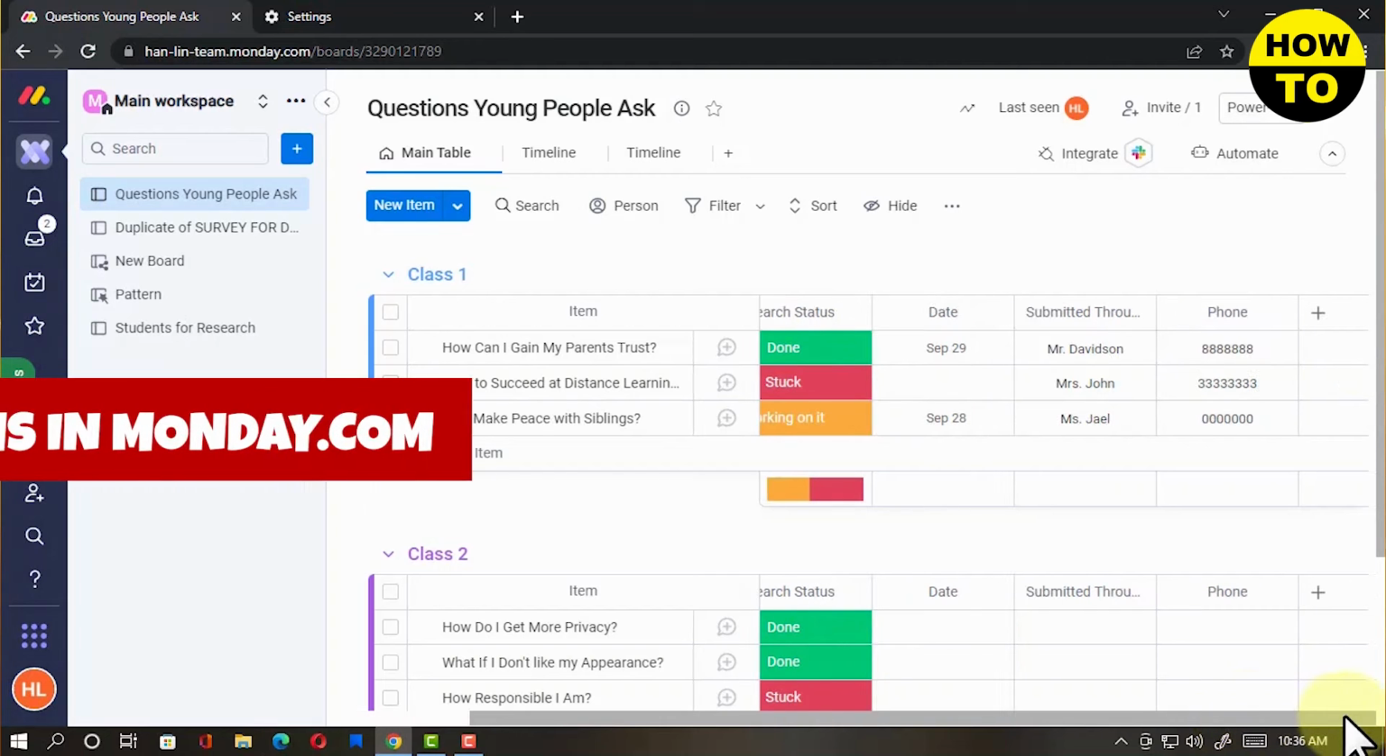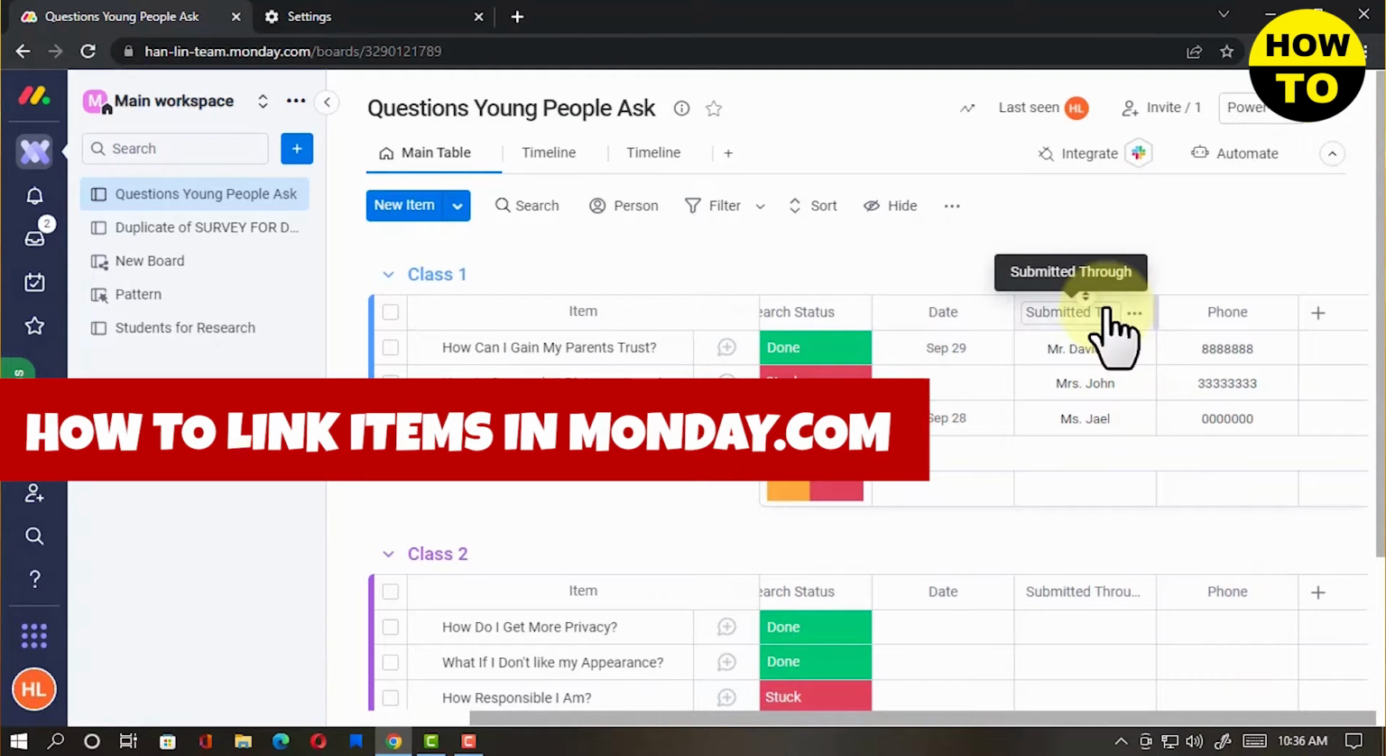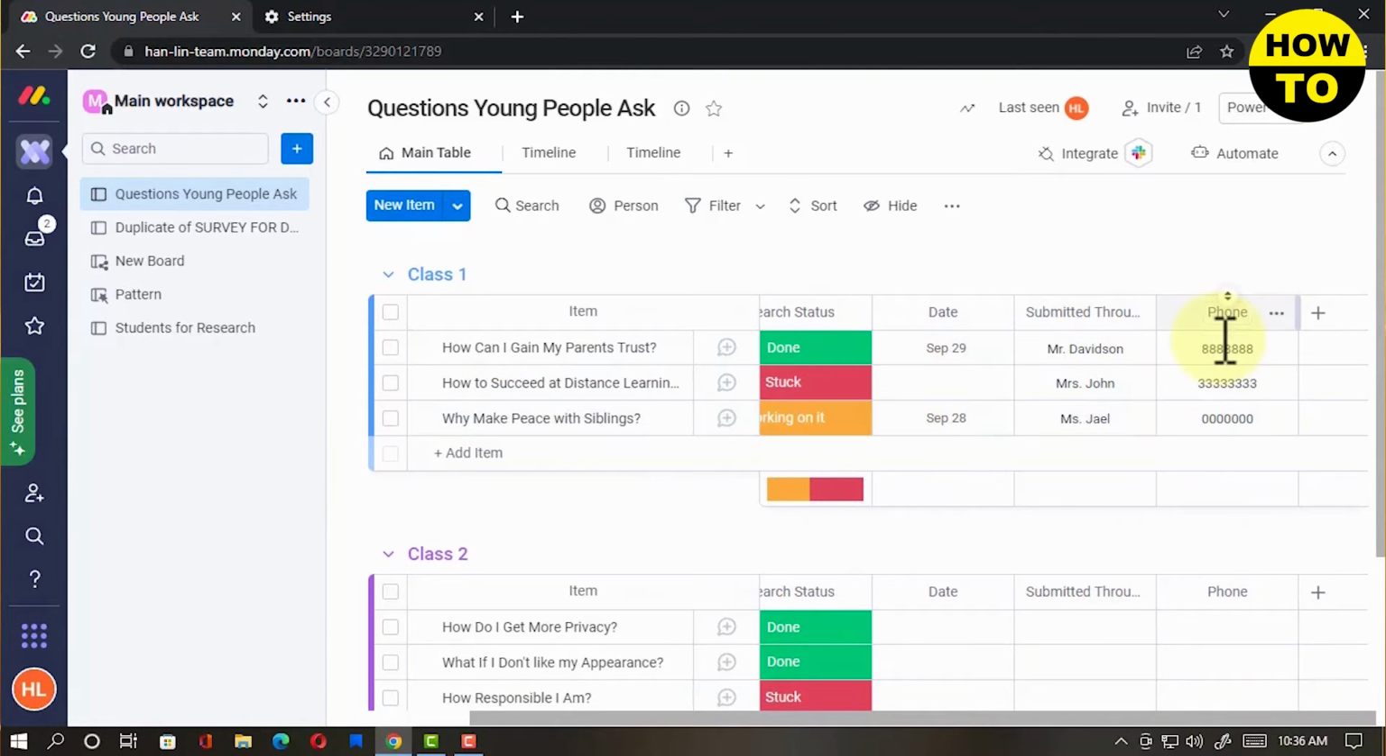This is how to link items in Monday.com. First, this is the board you'll be linking items with the new one. They're submitted through column and phone column. Going to this Students for Research board,